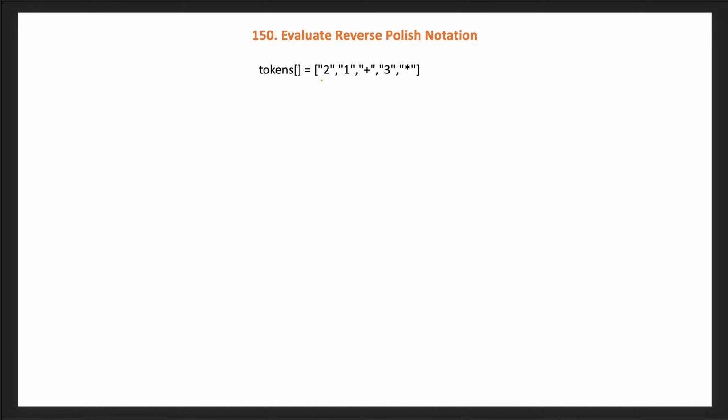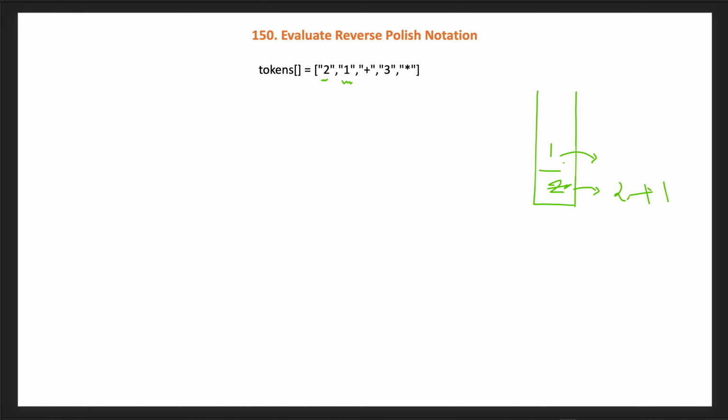What we can do is iterate through all the tokens and check if a token is an operator, then we will perform the evaluation. Otherwise, if it is not an operator, then we just add the integer value, so that we don't have to do that during the evaluation. First of all we will take an empty stack and add 2 in it, then we add 1 in it. Now we are getting plus, so we will pop those out and add 2 plus 1, since the operator is plus, which will become 3.